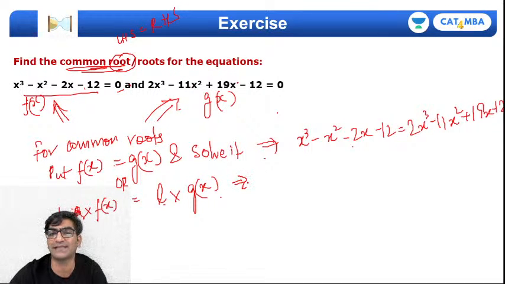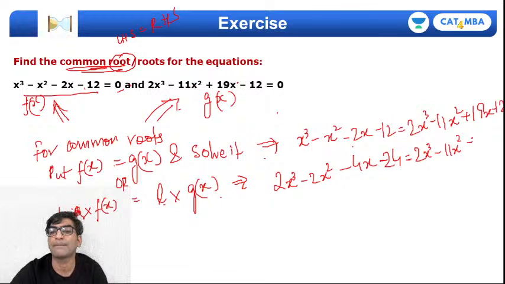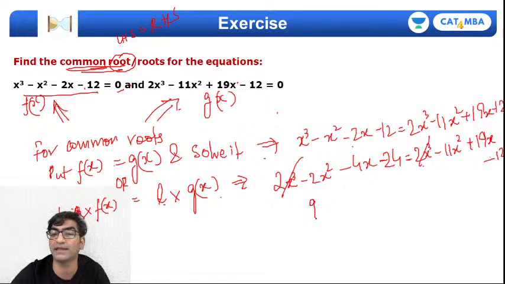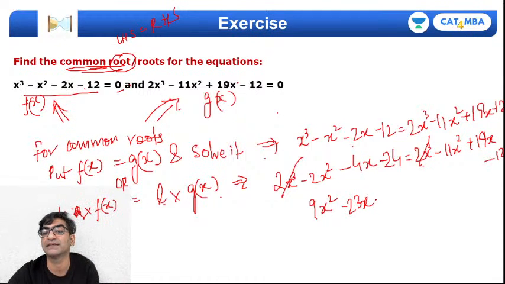But if I try the second approach, what I can do is I can multiply the first equation with 2, right? So this becomes 2x cube minus 2x square minus 4x minus 24, and then I can equate this to the other equation, 2x cube minus 11x square plus 19x minus 12, and then 2x cube will cancel out. इसको सॉल्व करते हैं, लेफ्ट में ले आते हैं, 11x square minus 2x square will be 9x square, minus 19 minus 4 will be minus 23x, and this is minus 24 plus 12, that will become minus 12